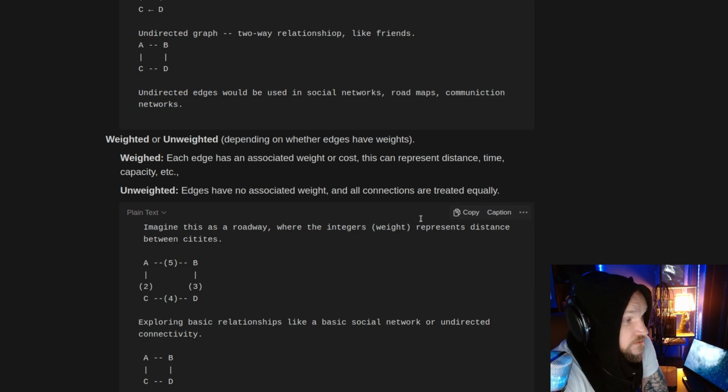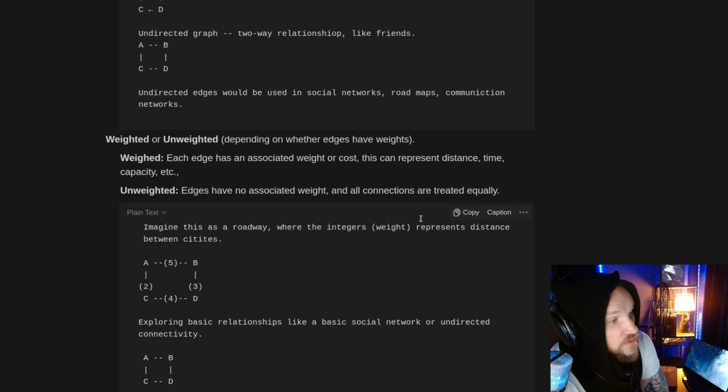So you want to direct the driver down the right path. Say there's a node D that the driver has to get to. We don't want them to go A, B, C. We want them to go A, B,